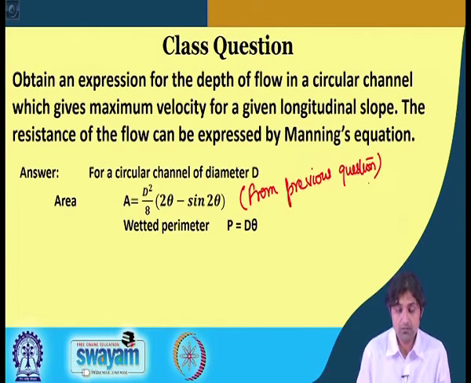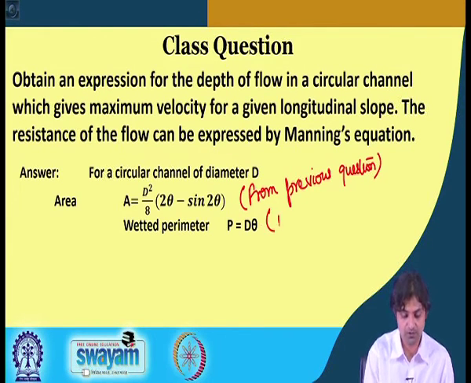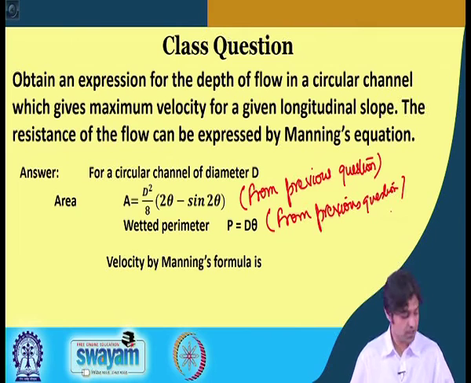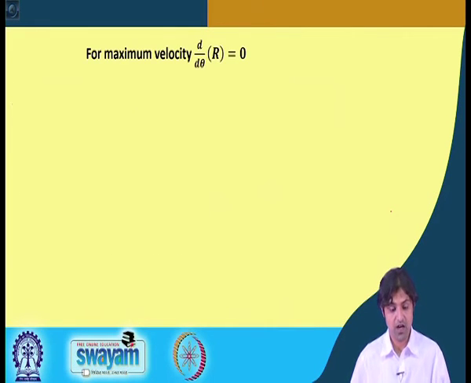Wetted perimeter is simply d into theta, or half d into 2 theta, it does not matter the way you write it. Velocity by Manning formula is simply 1 by n r to the power 2 by 3 s to the power half, same formula. For maximum velocity, we have to do d r by d theta is equal to 0,